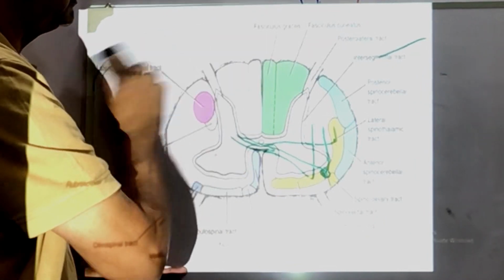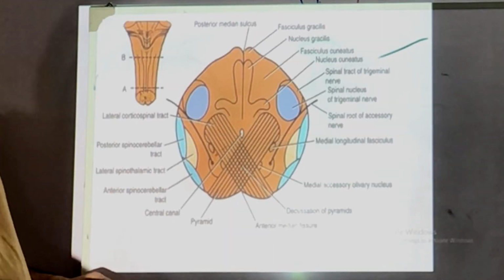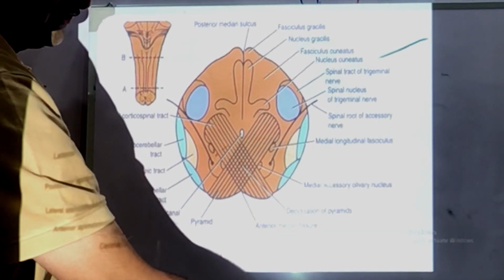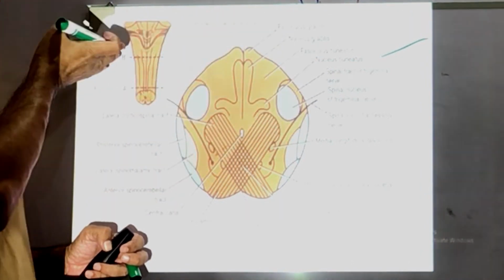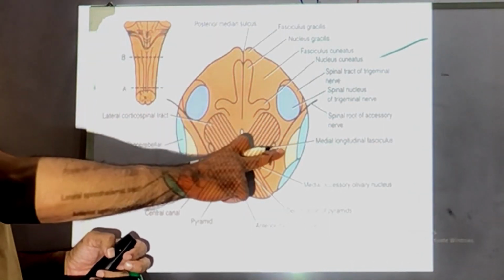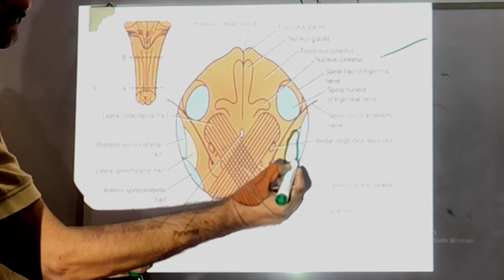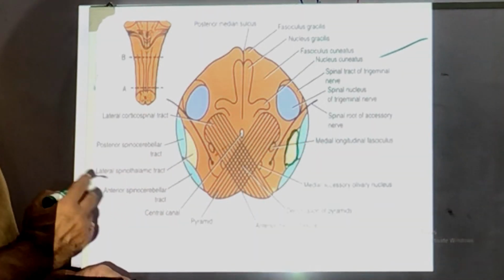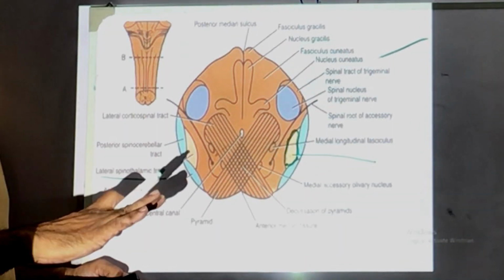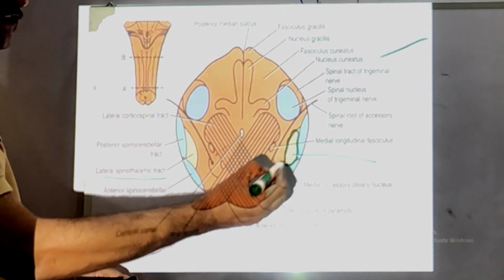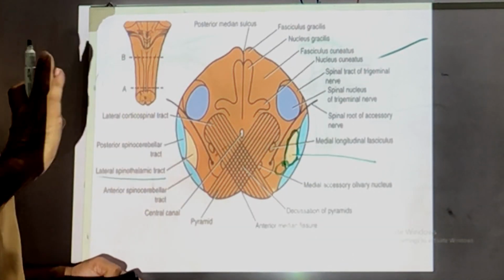Okay, after that where should it come? Medulla. Where do you find it? Okay, laterally. This time laterally. Which way are we going? We have entered from here on the right side, so which way are you actually going? Left side. This is now the left side here. See, this is here. What is this? Lateral spinal thing. Here lateral has been shown, okay, but this is just lateral, and this should be anterior and spinotectal also, but it has been shown here in this diagram.